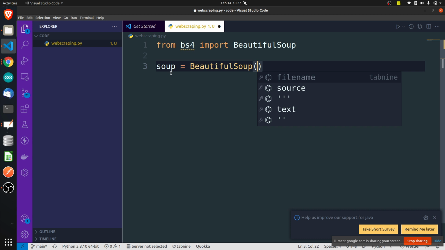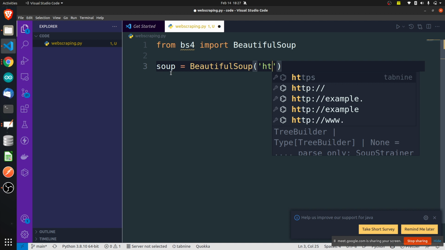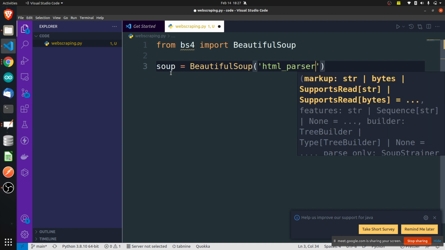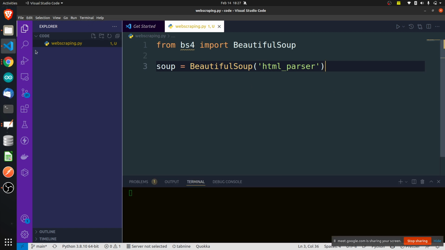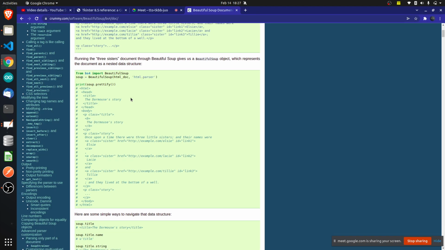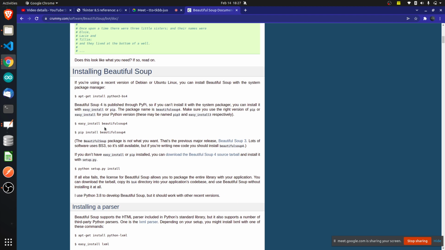Here we have to pass the parser, which we are going to use to scrape the data. Right now I am using the HTML parser. The parser is just going to slice the document. Installation of Beautiful Soup is very simple: you should do pip install beautifulsoup4.